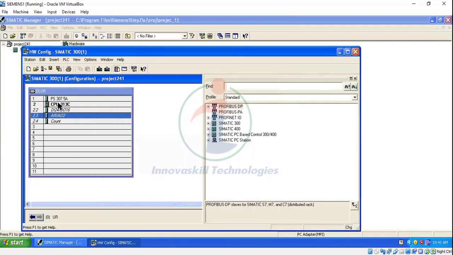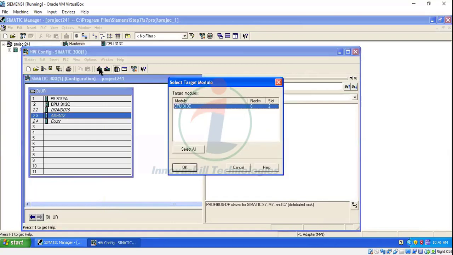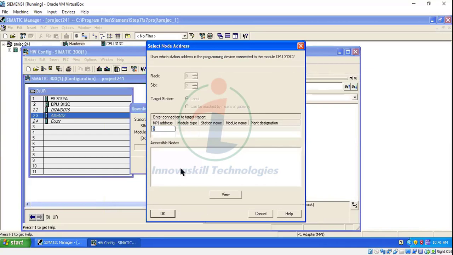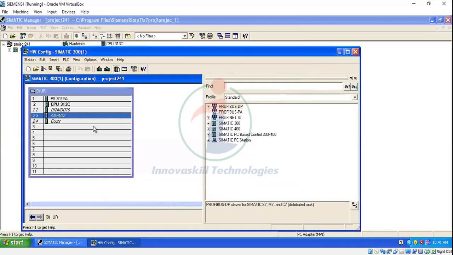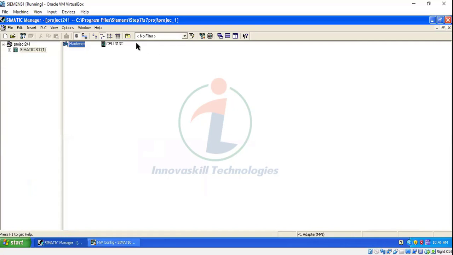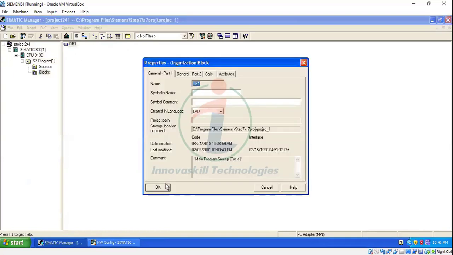After doing this configuration, you have to select save and choose download. If you select download, it will be downloaded to the controller. After downloading it, you have to minimize this and double click CPU 313C, double click S7 programs, double click blocks and double click OB1.